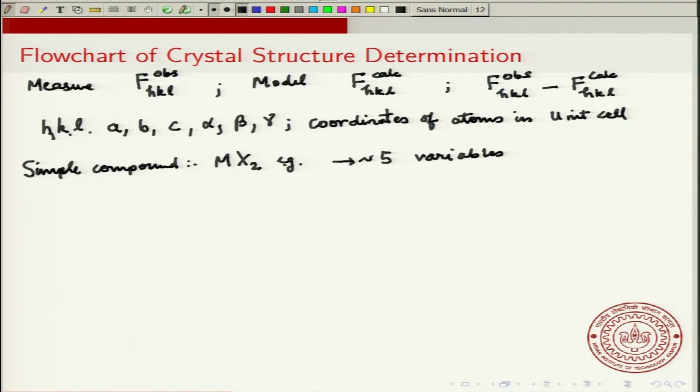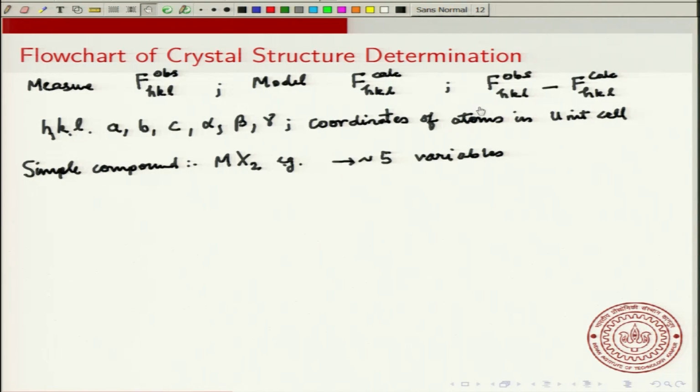What I mean is that you might have some idea about the crystal structure. You might know that it is cubic. If you know that it is cubic, then you only have one constant, that is a, to be determined. And further,